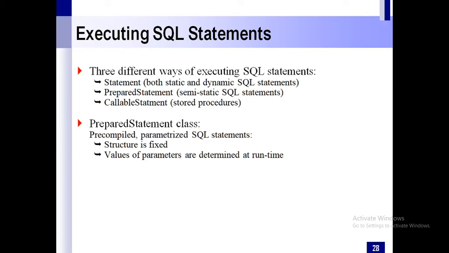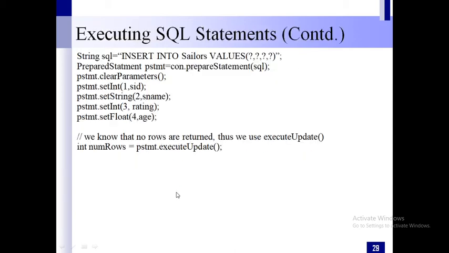That's why it is dynamic. But in the prepared statement, as I said, it is semi-static. That means you know what query you want to execute, but the parameters will be provided at runtime. So generally we use prepared statements in the application.